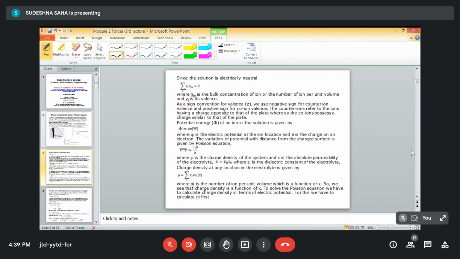Okay, you can either put the valency in absolute form and then calculate it, and we will see how we can actually go for the absolute value and not for any charges. Okay, as a sign convention for valence, we usually use a negative sign for counter ion valence and a positive sign for